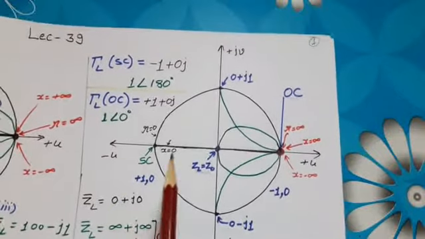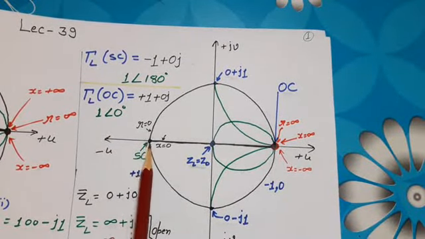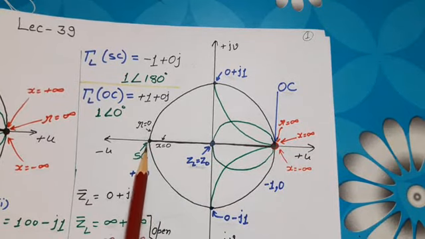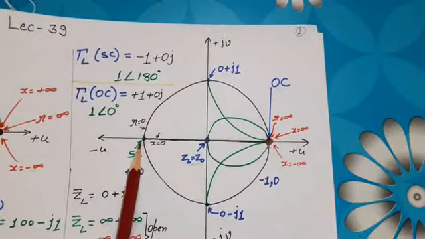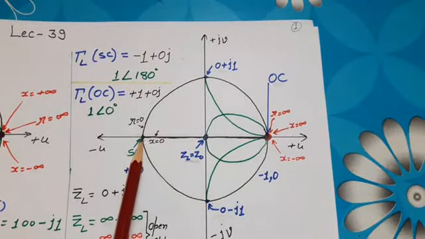Now after getting this much knowledge, the next question is how to find reflection coefficient at the load end. Suppose load is short circuit. So corresponding to short circuit load, normalized impedance is marked here. That is, this point corresponds to short circuit load. If we want to find reflection coefficient corresponding to short circuit load, then just read the graph for this point.